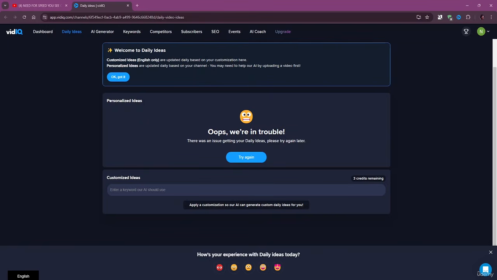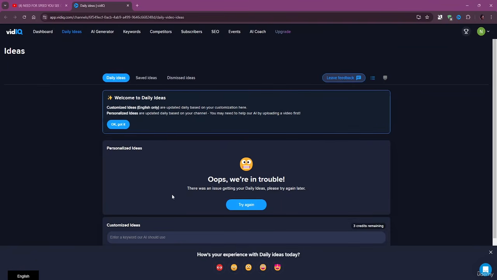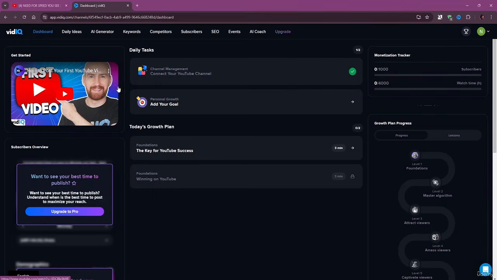But you can also use customized ideas 3 times, which comes along with the free version or the free pass. Okay, so you can generate them only 3 times, and after that you have to pay. So basically go to the dashboard of vidIQ, and from here